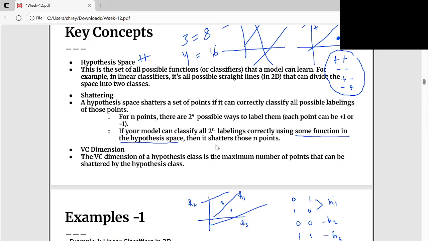And what is VC dimension? The VC dimension is of a hypothesis class, not of a single hypothesis. It is the maximum number of points that can be shattered by the hypothesis class. It means how many points it can shatter. For example,